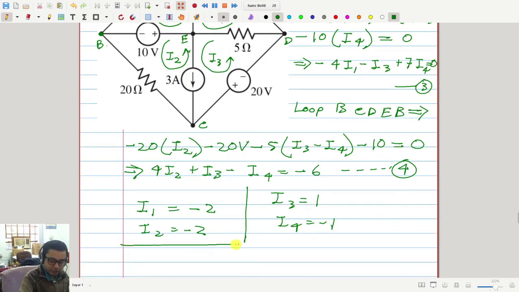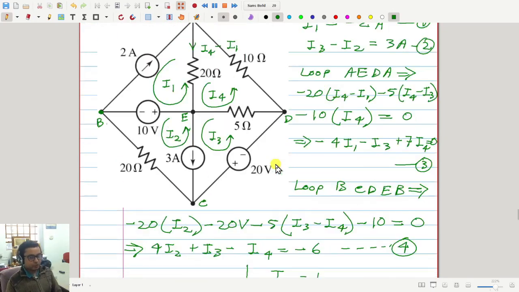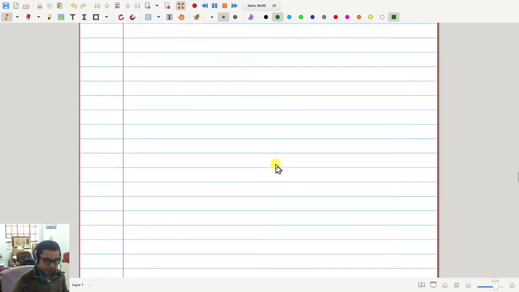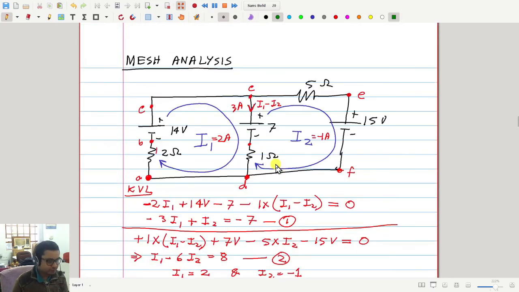Okay, so you can solve it yourself. If you have any doubt about how to solve it, please drop me an email. I will talk to you personally if required. We will talk outside the class hours, no problem, if you have any difficulty. Okay, so this is one way of solving general circuit problems, which we call the loop method or mesh method. Okay?